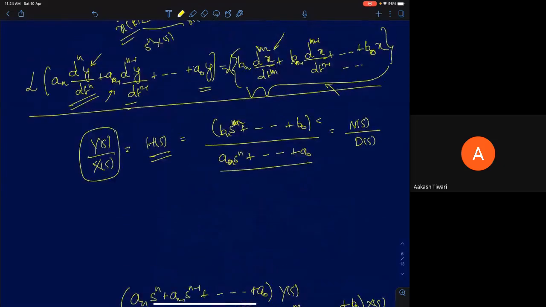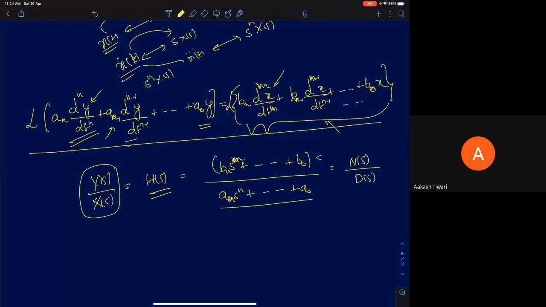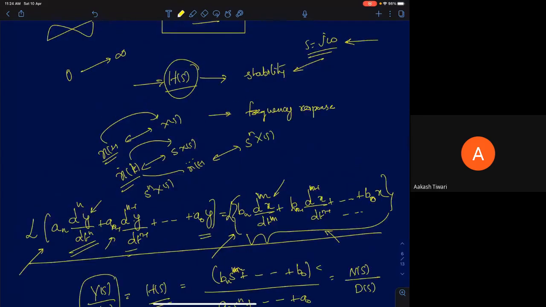Yeah. So I'll come back to this. If I take Laplace transform on both the sides of this differential equation, we'll use this very simple result: if you take a function x of t, whose Laplace transform is X of s, the derivative of x of t, x dot of t, will have a Laplace transform of s times X of s.